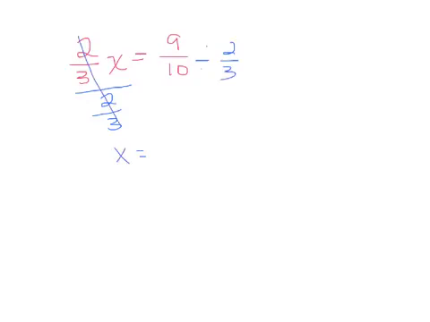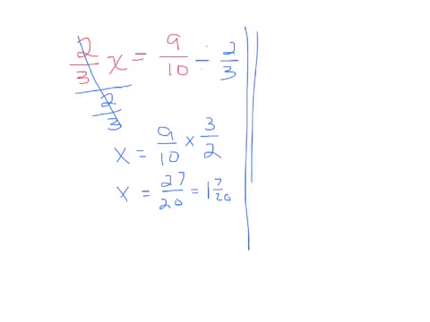I'm going to need to do keep, change, flip. So I keep the 9/10, I change the division to multiplication, and I flip the second fraction. In this case, x will equal 27/20, or 1 7/20. Now, instead of using this whole idea of dividing the fractions and then having to go through the keep, change, flip, a lot of steps,